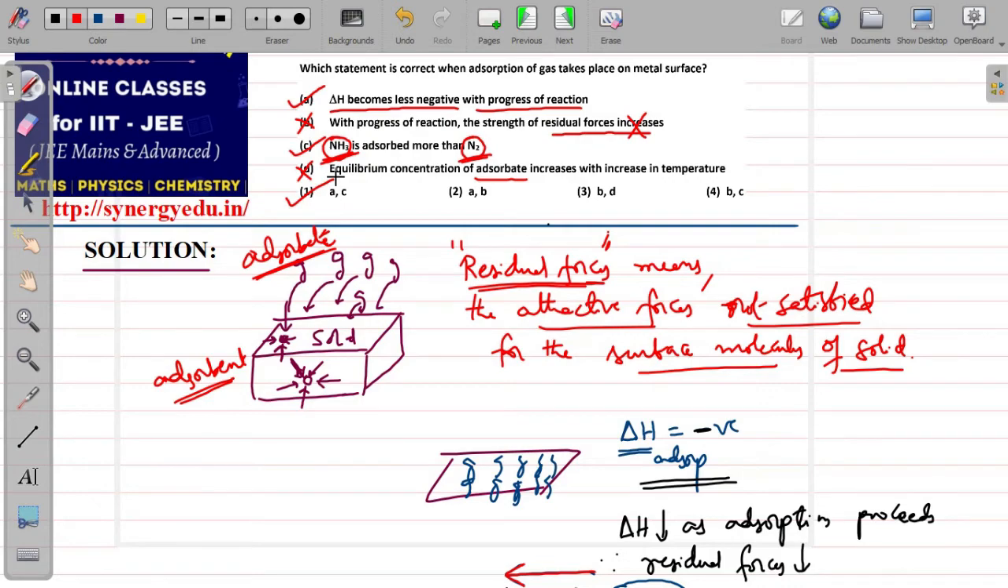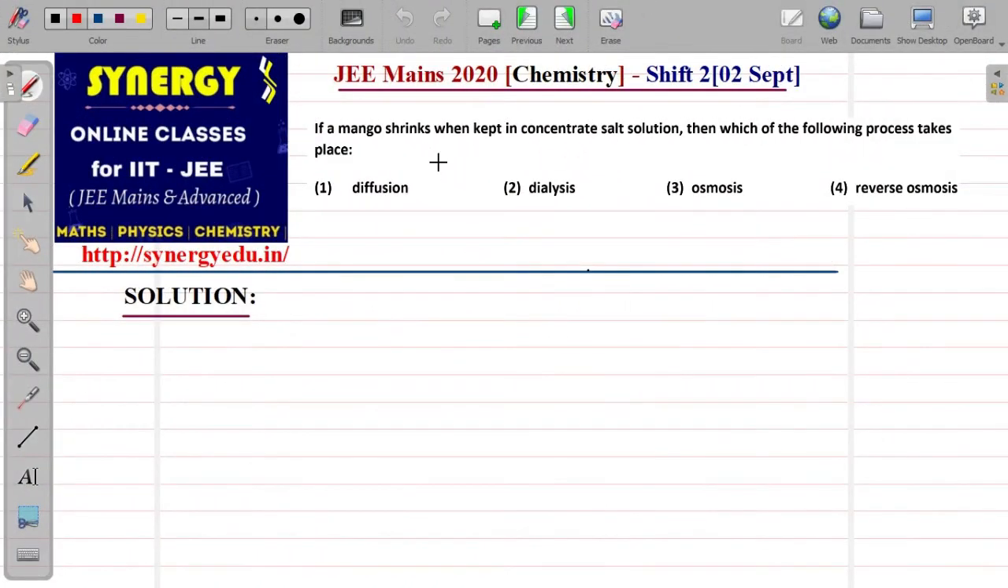So this is the right option. If a mango shrinks when kept in concentrated salt solution, then which of the following processes takes place? This question belongs to liquid solutions, and in the NCERT textbooks they talked about this mango also, how osmosis